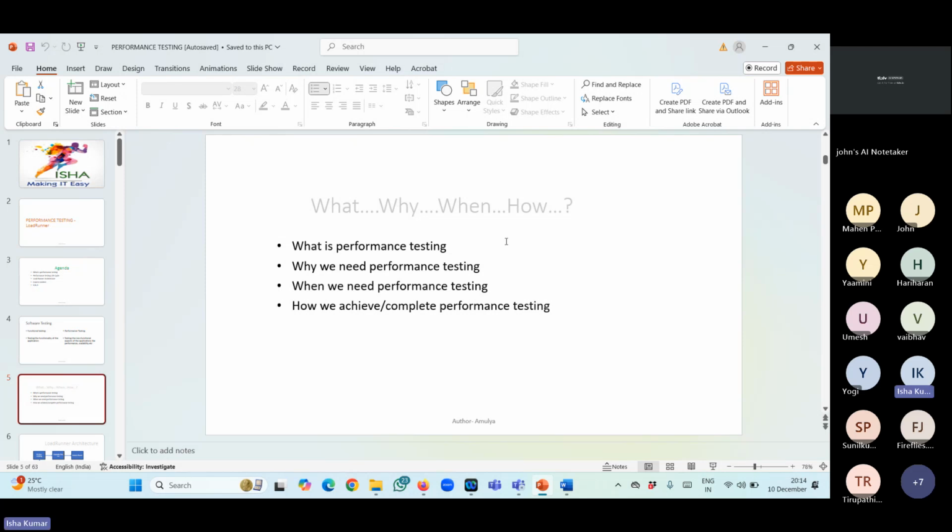Is it responding properly, like whenever you are searching for something in Amazon in that Big Billion Sale, is it going to provide you the proper search results as per the category? Or whenever you are doing the payment, if you have only 10 minutes of demo session,